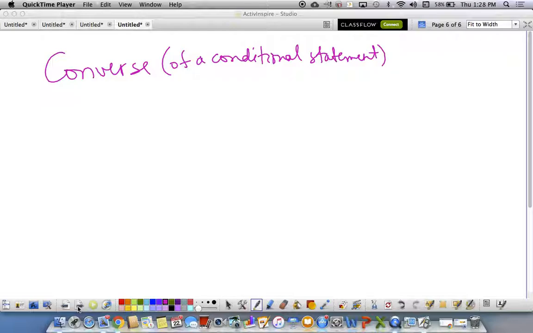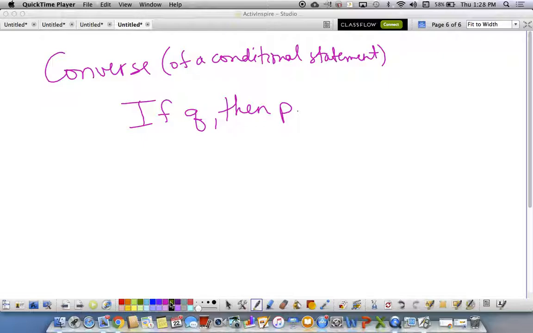The converse of a conditional statement will be written as if Q, then P. Okay, so you have to start with a conditional statement, and then you just switch whatever the hypothesis is for the conclusion. Okay, sometimes,